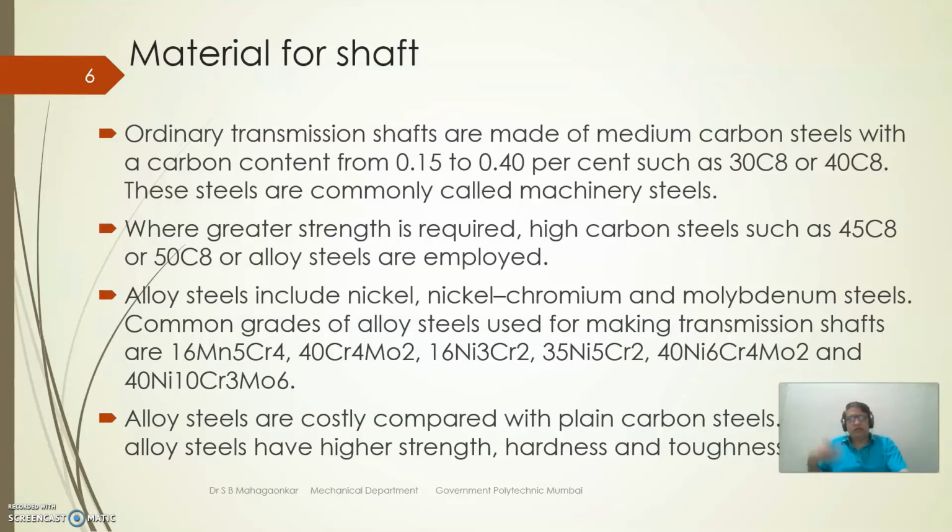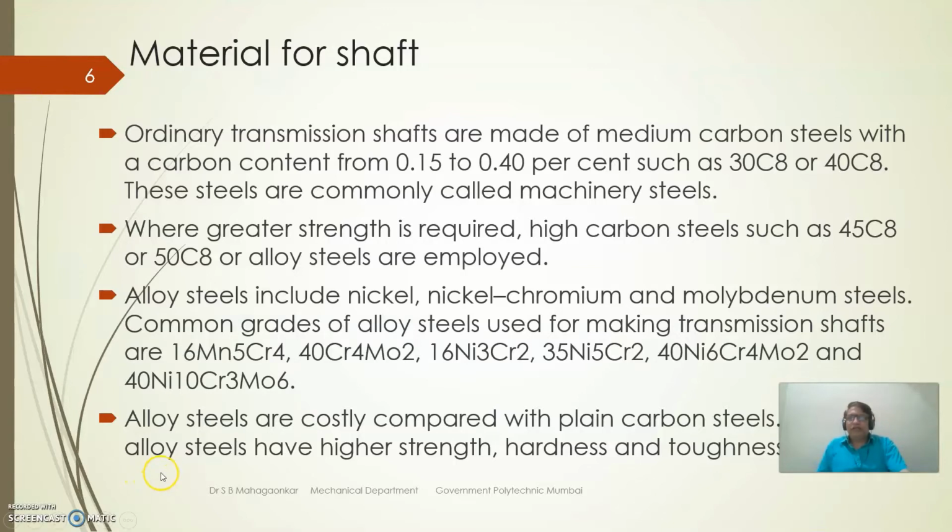So, in that case, we have to go for higher strength, hardness and toughness of material, so that it should resist the temperature, right? So that's why you should have a higher melting point. All these things we have to see. So that's why we are going for the alloy steels. By adding these elements, we can change the property of the material.